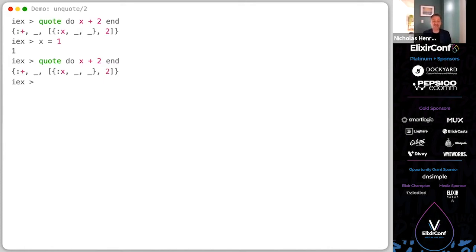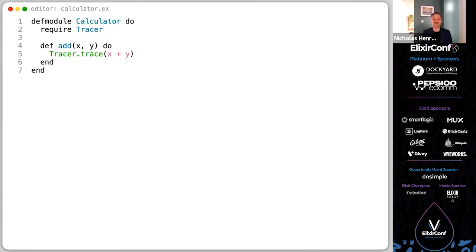But there are times when you want to be able to generate an AST dynamically. And that's where unquote comes in. And again, you can consider this string interpolation for code. So here you can see we're unquoting x, and in the comment there, I'm doing a string interpolation of that. Okay, so when we invoke that at the REPL, you can see our internal data structure, and now our x has been replaced by 1. And that shows us that we can dynamically create an AST.